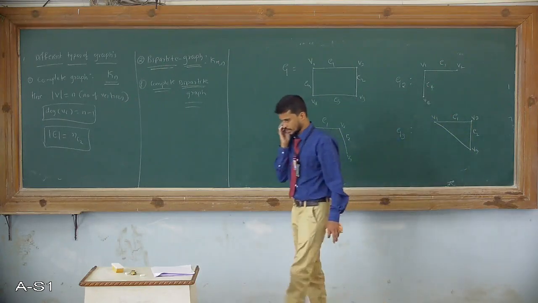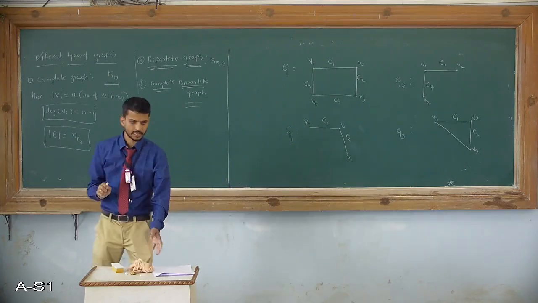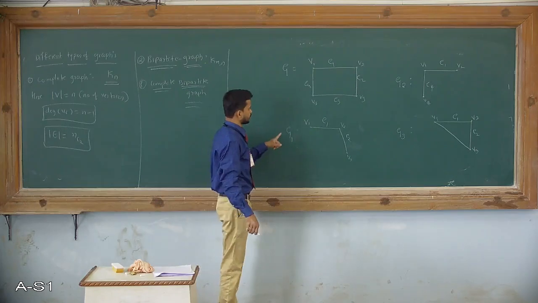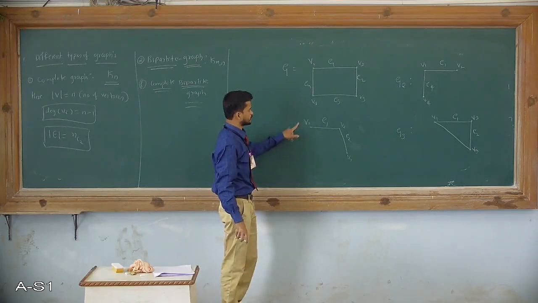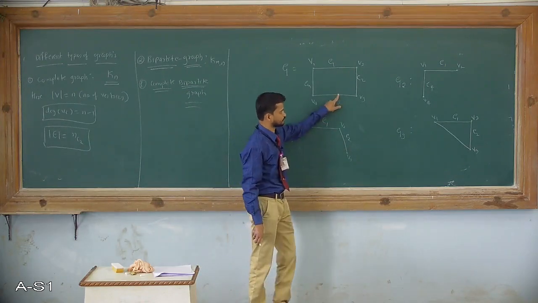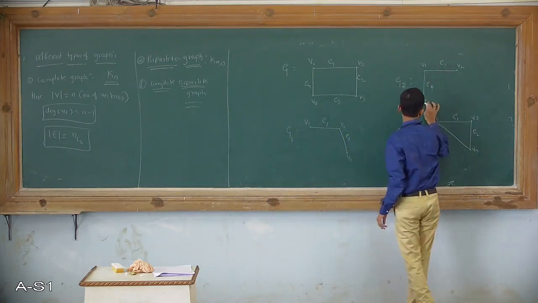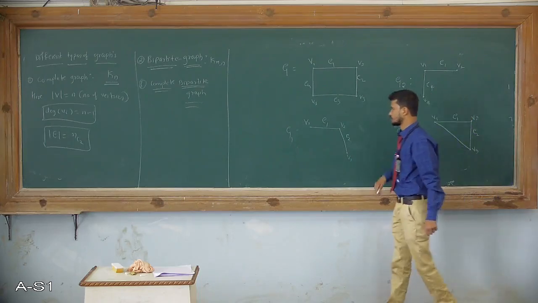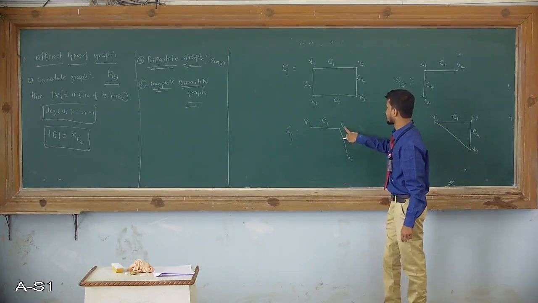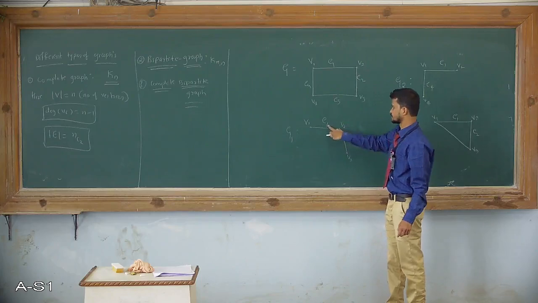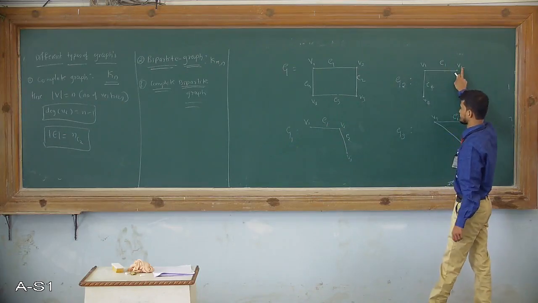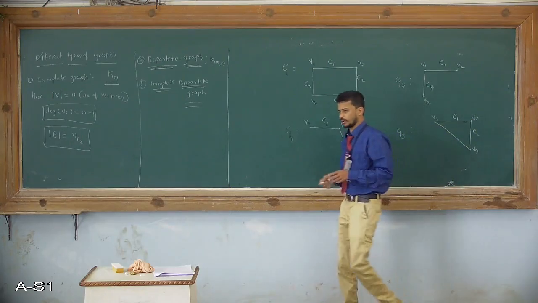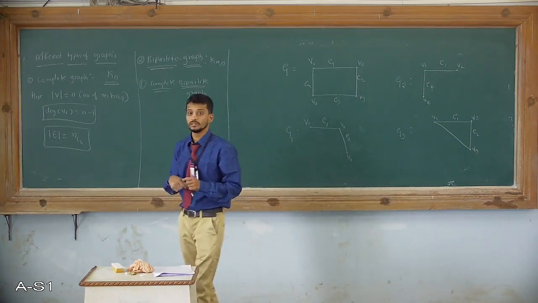If you see graph G, I will say it is the main graph with the vertex set V1, V2, V3, V4. In graph G1, V1, V2, V3 are present. In G2, V1, V2, V4 are present. In G3, V1, V2, V3 are present. If V1, V2 are connected in G and V1, V2 are connected in G1, and such a graph exists, it is called a subgraph.